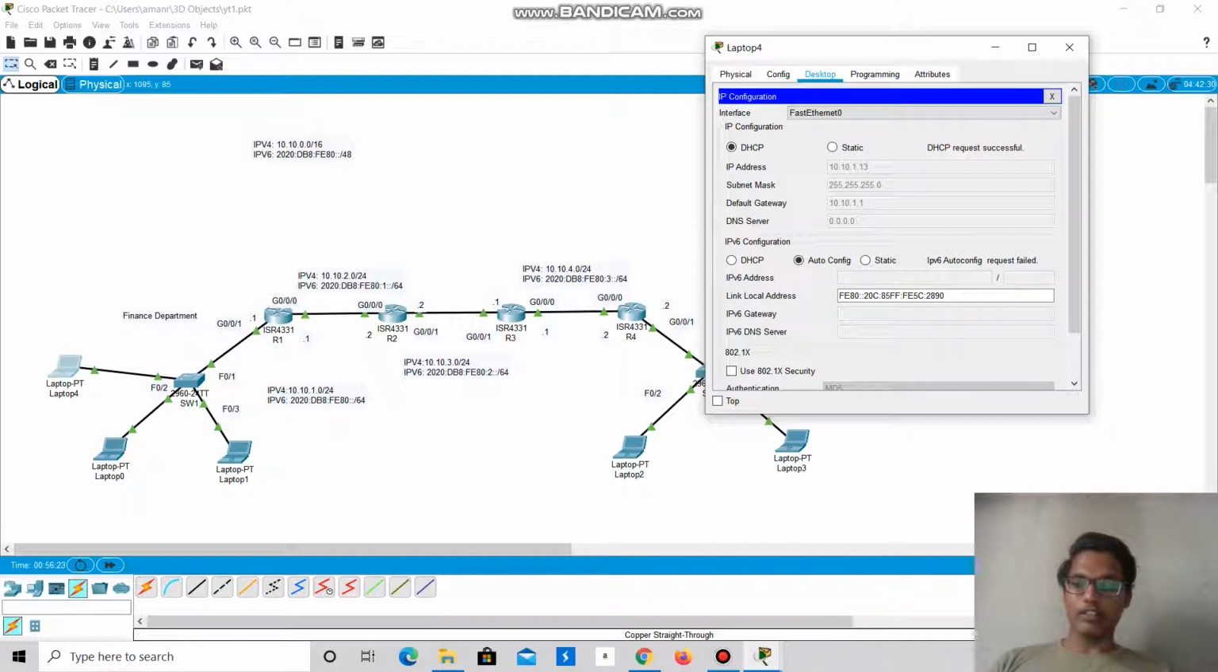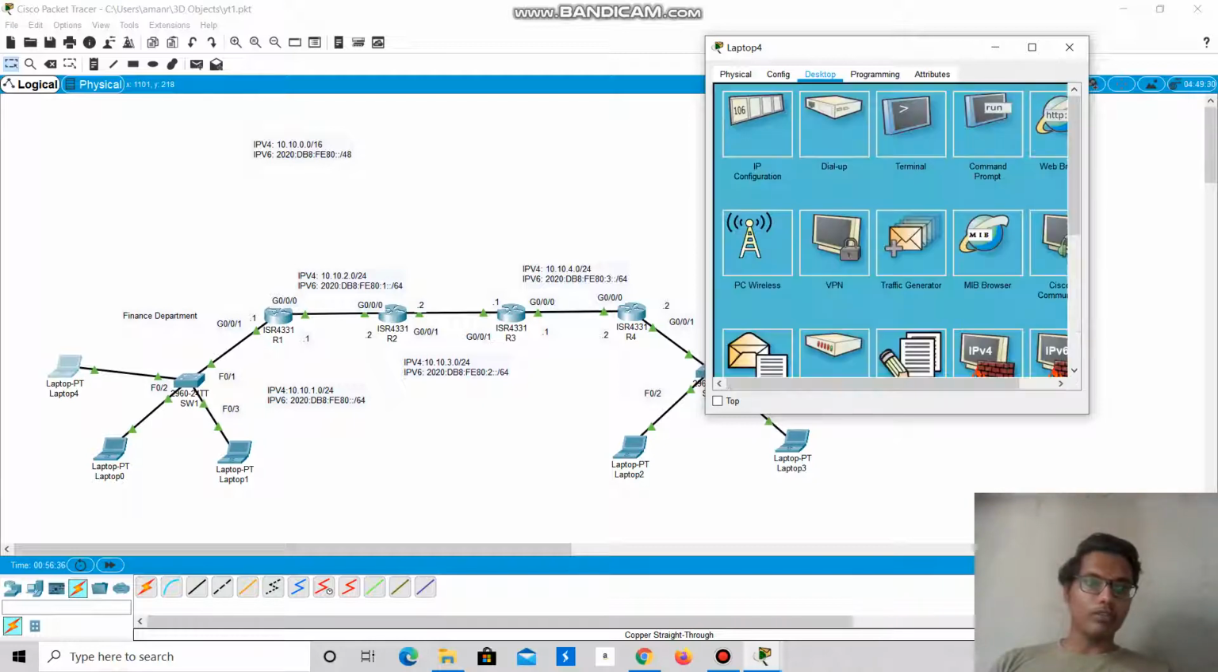Yes, the host has been assigned an IP address 10.10.1.13, and let's do it again for IPv6. This host has also been assigned an IPv6 address successfully. And if this host wants to communicate,